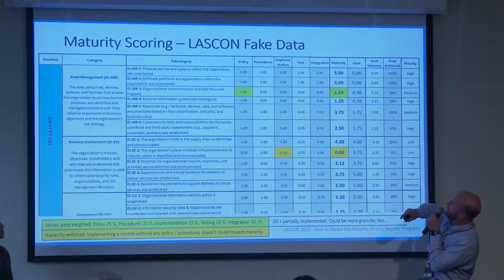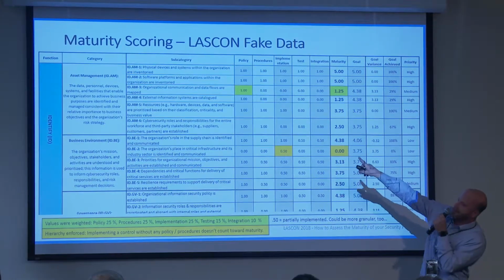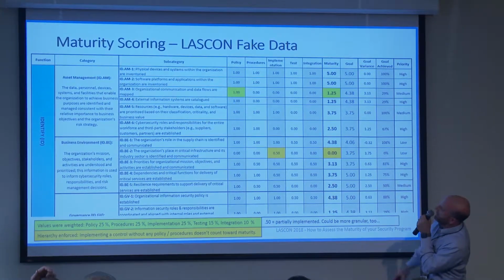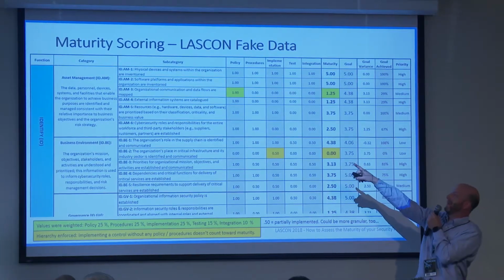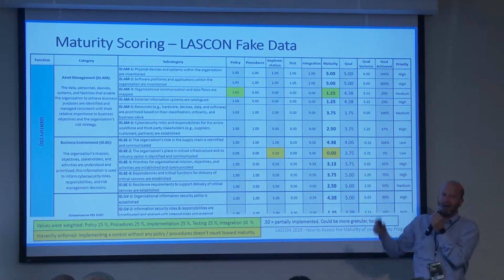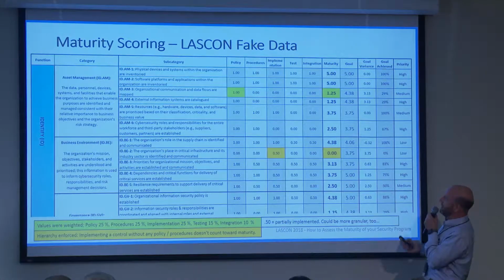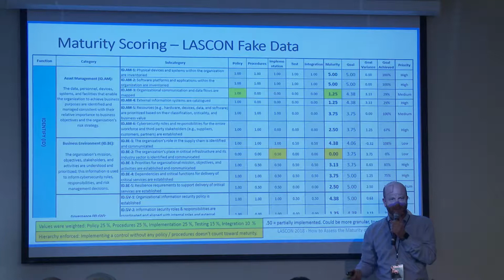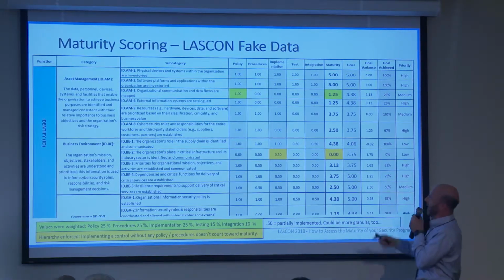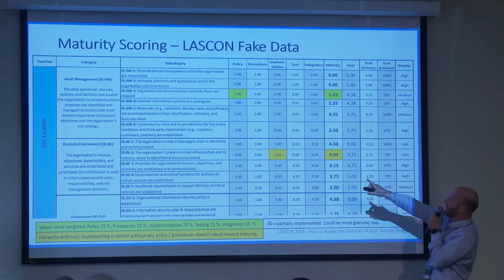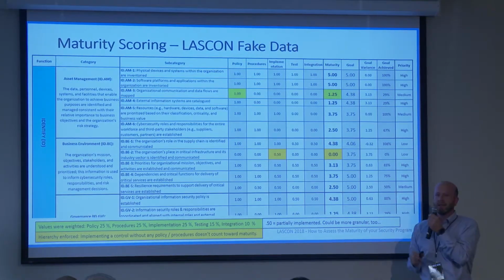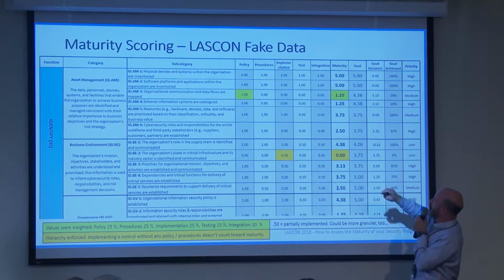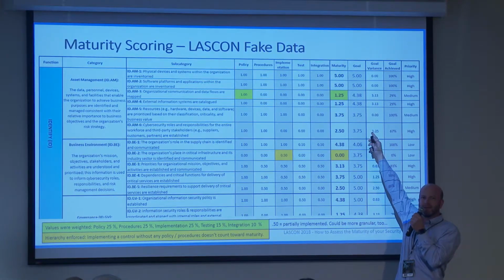Another thing I wanted to point out is the green highlighting up here. Basically for our subcategory ID AM3, are we mapping data flows in the organization? We have a policy in place. We need to do this. We're supposed to do this. There's an objective to do this, but we're not doing it. We don't have any procedures. It's not implemented. And yet, even though we have these 5 maturity levels, we get a 1 1/4, a 1.25